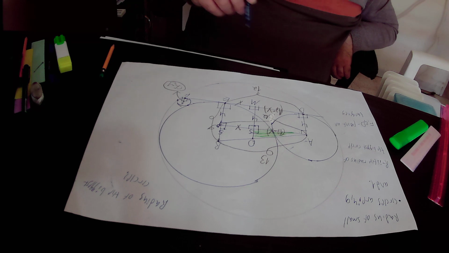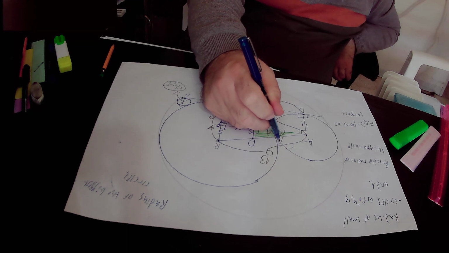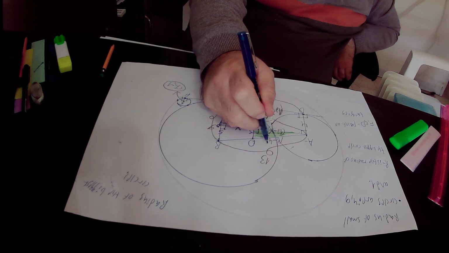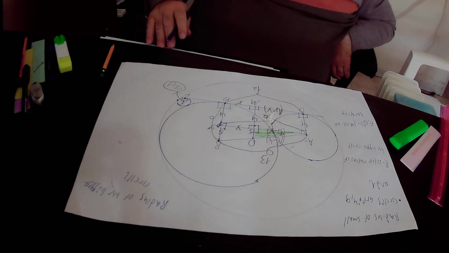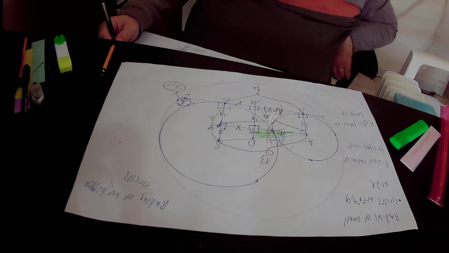So we found out that AO equals capital R minus 4. In the next step,